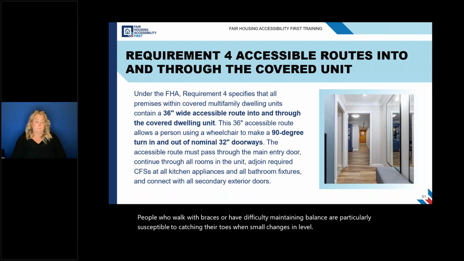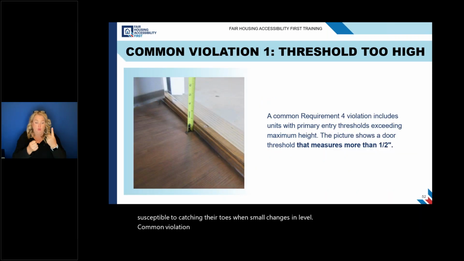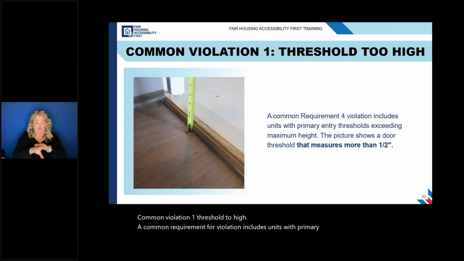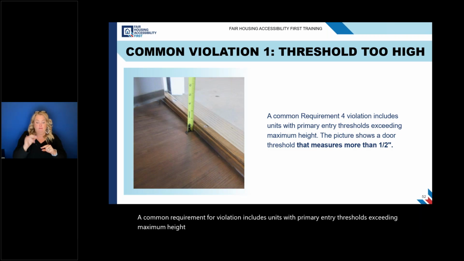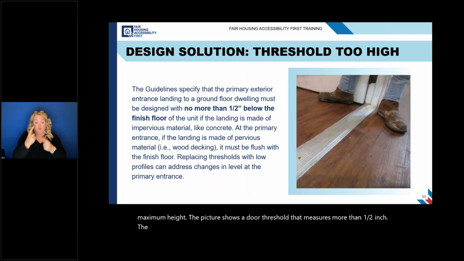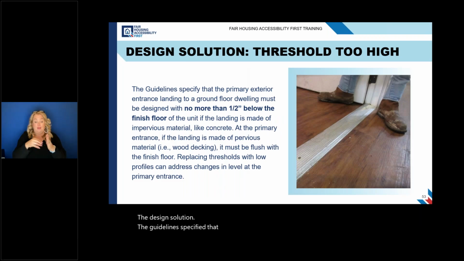Common violation 1, threshold too high. A common requirement 4 violation includes units with primary entry thresholds exceeding maximum height. The picture shows a door threshold that measures more than 1/2 inch. The design solution. The guidelines specify that the primary exterior entrance landing to a ground floor dwelling unit must be